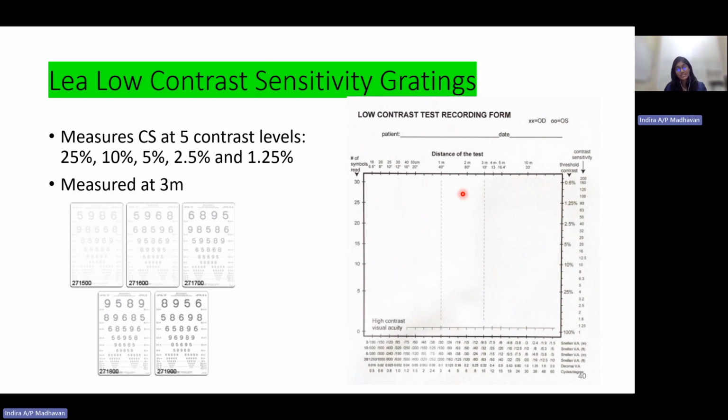Other functions of this contrast sensitivity test: one is to check the defect, how much the contrast sensitivity is affected. Okay, second is to compare pre and post. Number three is to check what outcome can be expected after treatment of certain diseases. Number four is